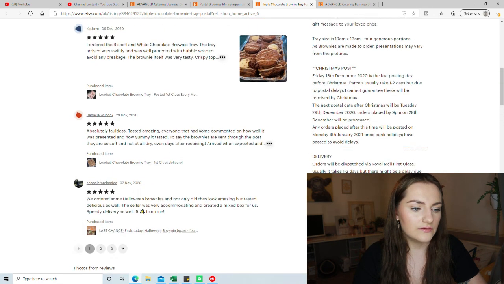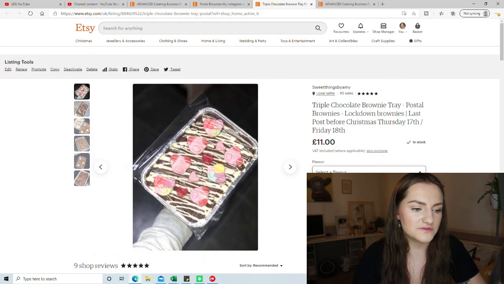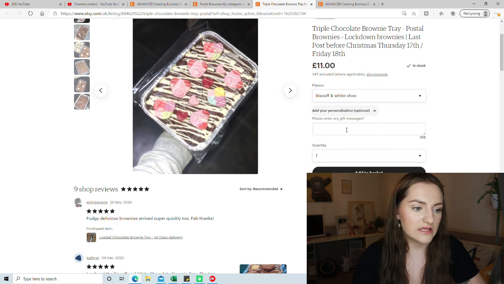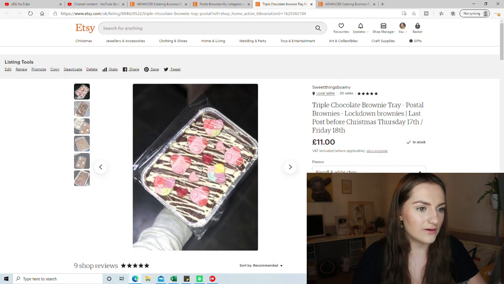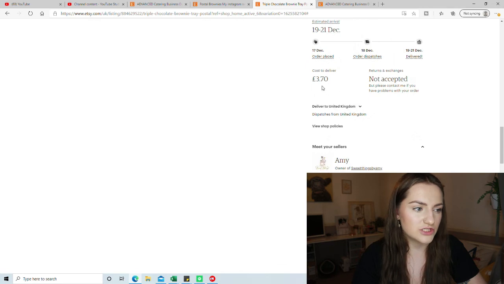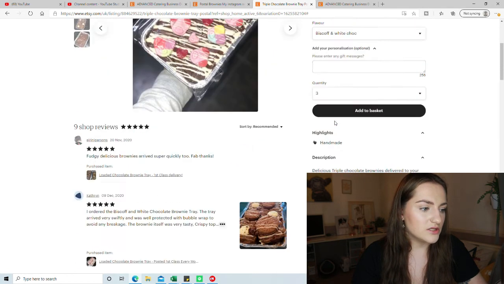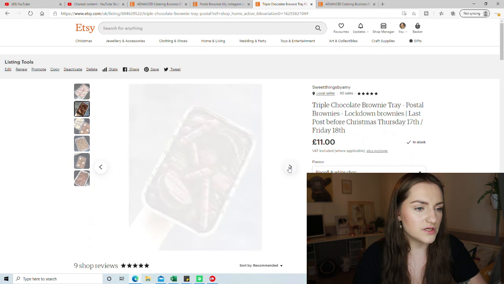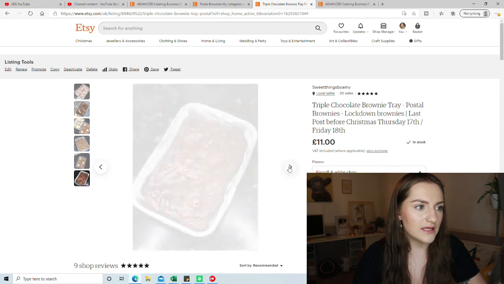And then this is how you pick your flavour from the drop down, and then you can add personalisation there, add however many you want to your basket. So yeah, that is how that one works out. Plus postage, it shows you how much postage I charge, and again you can just flick through the photos. So yes, that is